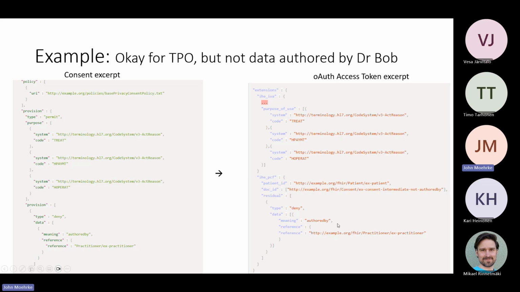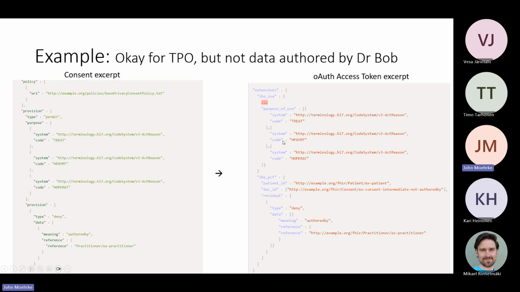So this would probably be implemented that way. Now, it could be implemented differently depending on your architecture. That's why how you implement it is important. The interoperability is what's being specified. So you can see it's not that hard to say, yes, everything except for data that's authored by this particular doctor.